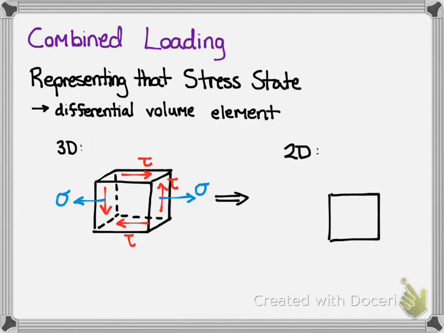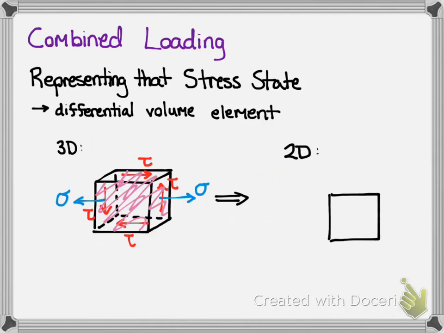And of course, these arrows are drawn such that we put everything in equilibrium so that the cube isn't shifting at all. In many cases, such as this stress state you'll see here, there's actually nothing happening on the front face or on the back face. So what we can do is, instead of drawing a cube,